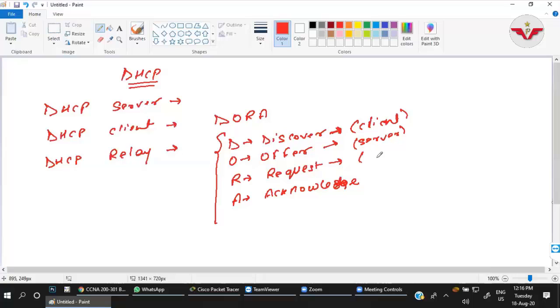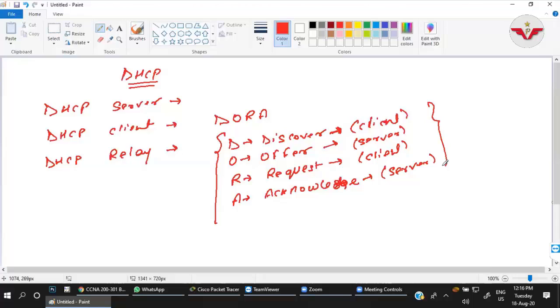So the request is sent by the client. Then the server in the network will acknowledge, provide the IP address, and make an entry in itself that this IP address has been provided to this PC. So the acknowledgement is by the server. In these four steps, DHCP works.